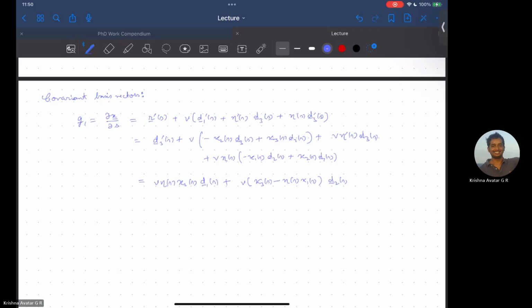Okay. And then we have plus 1 plus v eta prime of s. Fine. Now the term for g2 is equal to